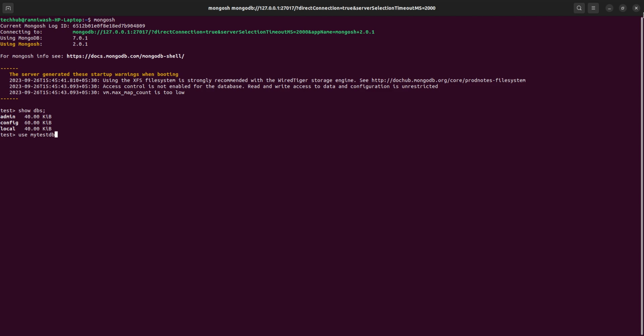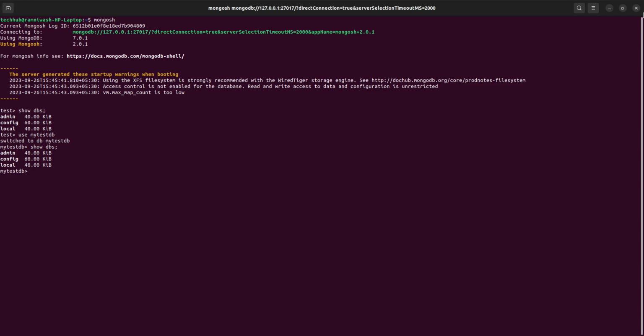So this database is there. If it is not there, it will create the database. But in MySQL, if you directly use a database that is not present in the database list, it will say this database is not there. But in the case of MongoDB, first it will create the database and then it will switch automatically. Now if you show databases,